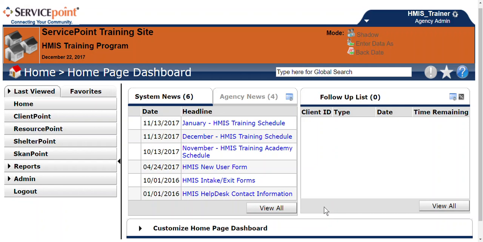Before reaching this step in the workflow, you should have trained and learned about creating and finding your client in HMIS. Additionally, for some individuals, you should have also learned about creating a household, and for balance of state users, you should have trained on entering a release of information into HMIS. If you've not covered these items before reaching this point, you may want to go back and review the appropriate